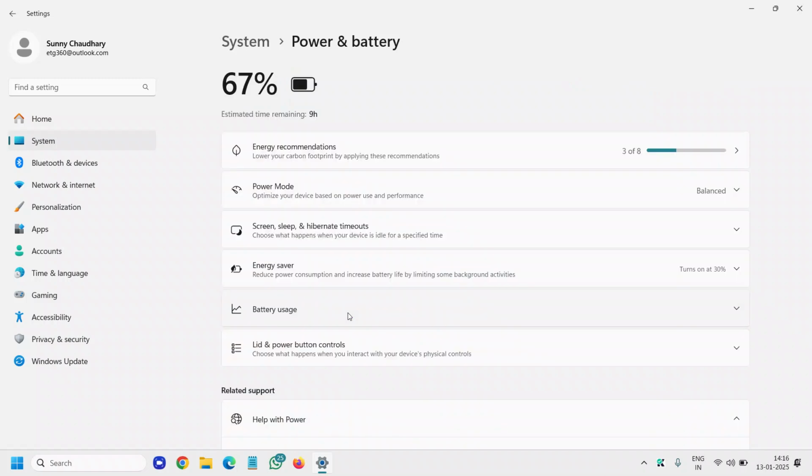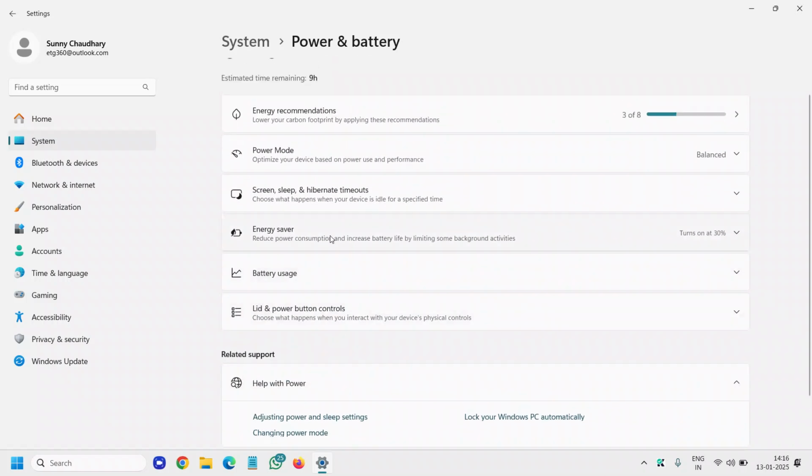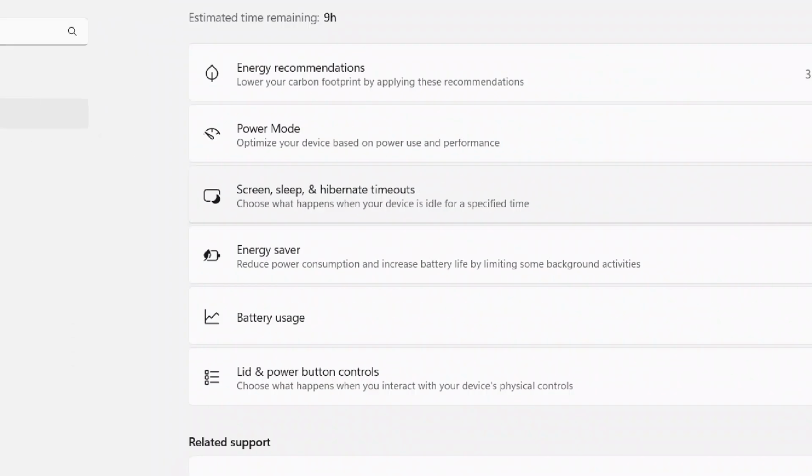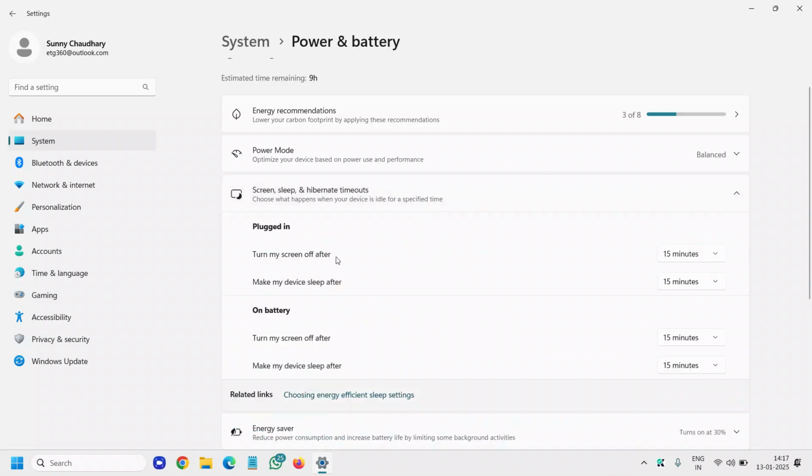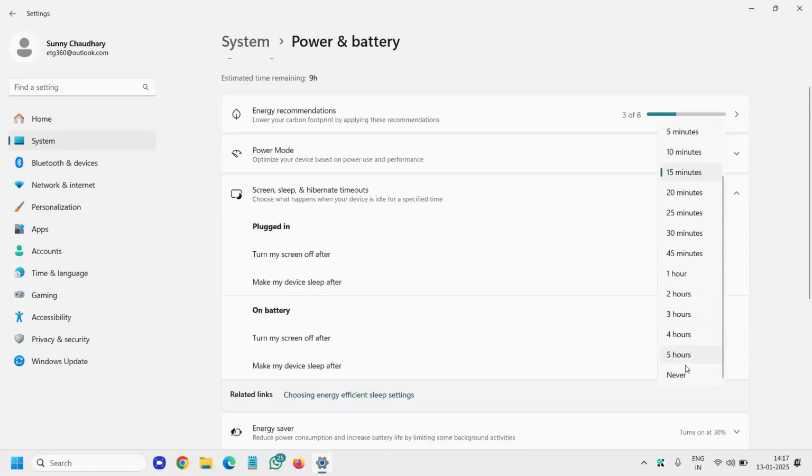And here you will find energy saver, screen and sleep, hibernate, and timeout right here. So the third option is there. I'll just click on that. And when you plug in, turn my screen off, you can do that never, or you can set the time